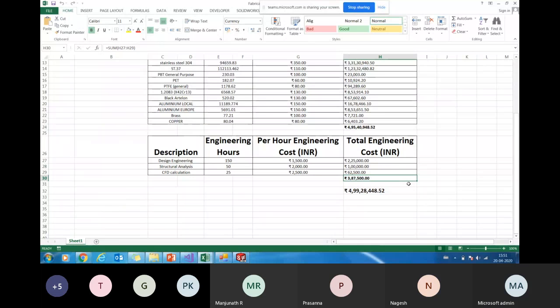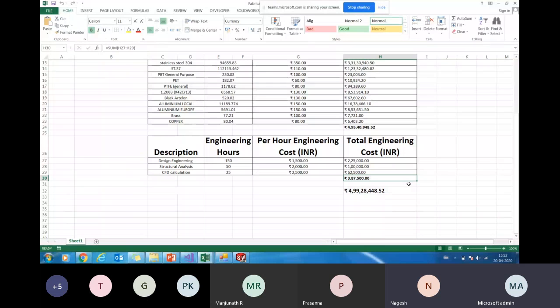And lastly, the transportation cost: the type of vehicle you're transporting with, how many vehicles you're using, and if you're exporting, what containers are used, whether a 40 feet container, 20 feet container, a 35 feet truck, open load, or ODC vehicle, whatever the type of vehicle. We'll give those options to the customer so he can pick and add the cost of each vehicle. So we'll get the complete cost of the complete machine.